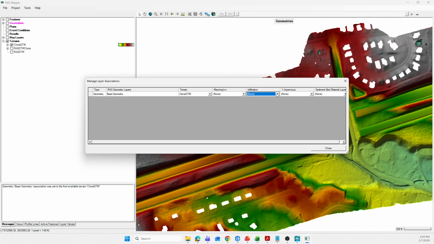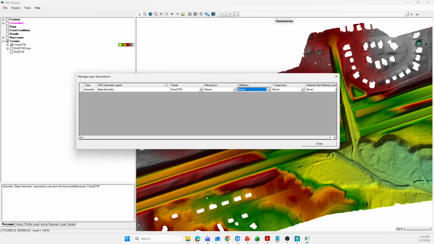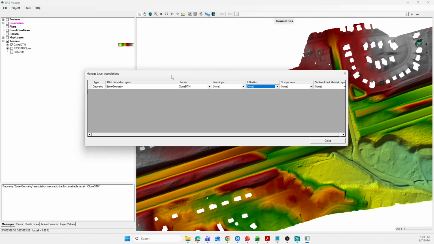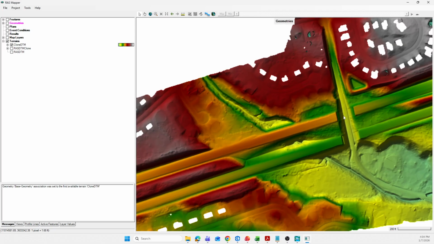But since I don't know that, I have information about the channel Manning's n coefficient. Those ones I can add later on, like even impervious or sediment. I don't have that information, but during calibration, there is information that can be added. But right now, I just want to associate my clone terrain with the base geometry, and I'm going to say close. I will go to file and say save. So this has saved. So now we've been able to bring in the RAS terrain, create a RAS terrain and clone the terrain, and we were also able to look at